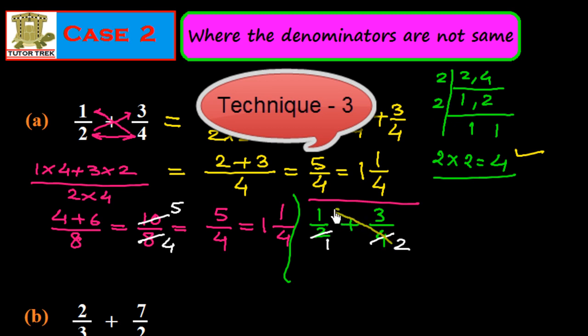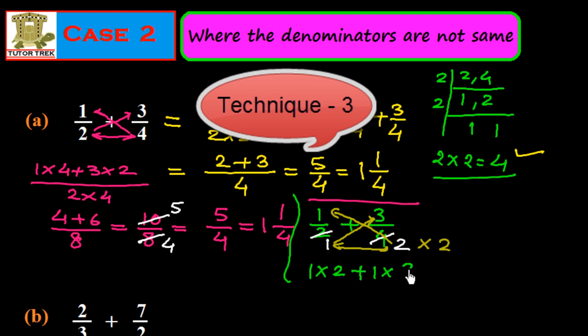Multiply these 2 here with 1, and 1 with 3, and 2 with 1, into whatever the common factor was there. The common factor was 2, so we have to multiply by it, because we have divided by 2. So in this way we finally get 1 into 2